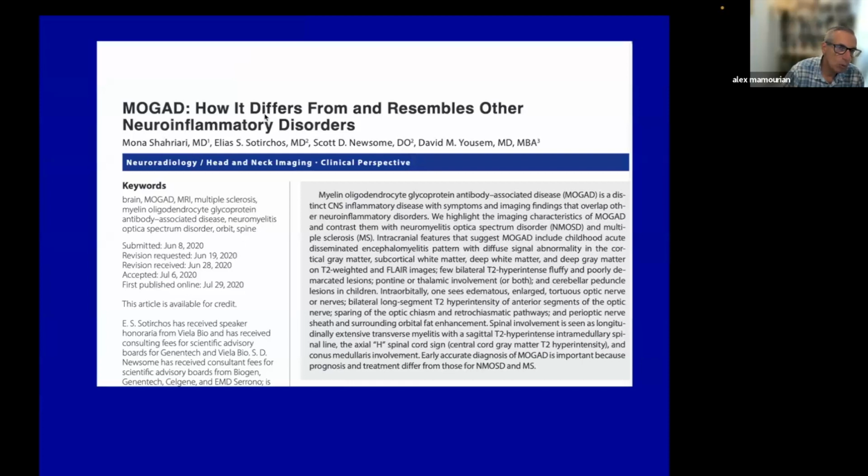And I just wanted to put up this one article as a nice review of basically how the imaging of this MOG antibody disease differs from MS. Some of the features, I'm not going to go through all of these things, is the spinal cord lesions tend to be longer. There can be basal ganglia involvement, and this sense that there may be this overlap between acute disseminated encephalomyelitis and this more scattered pattern in MOG antibody